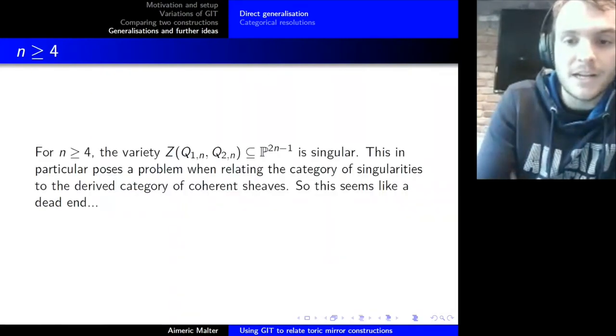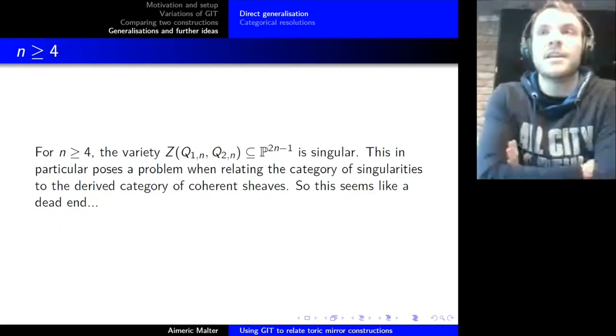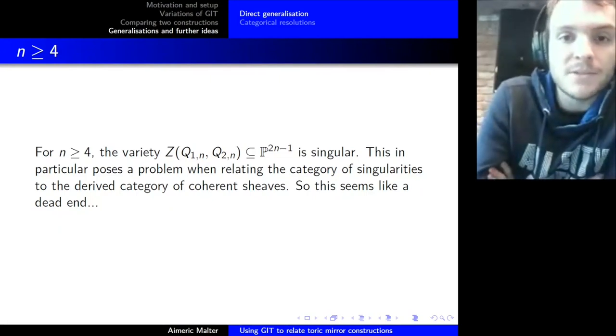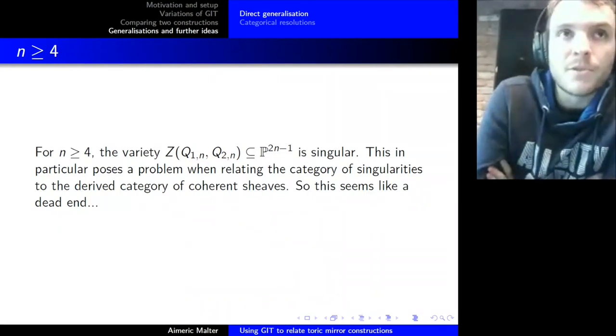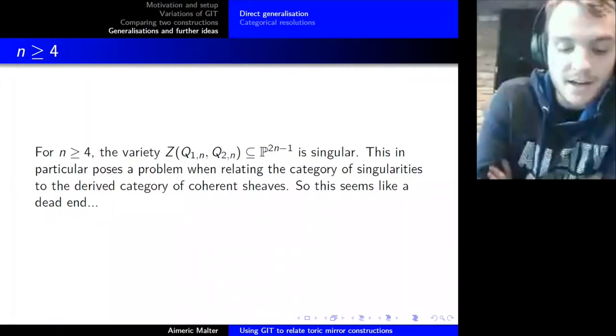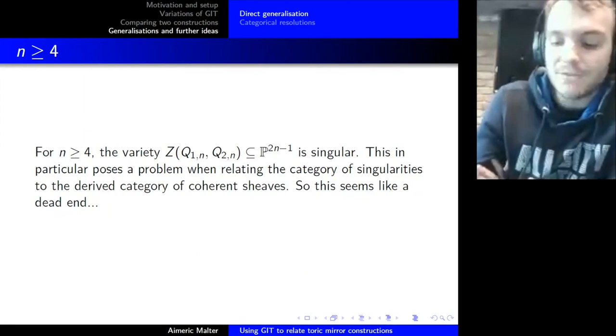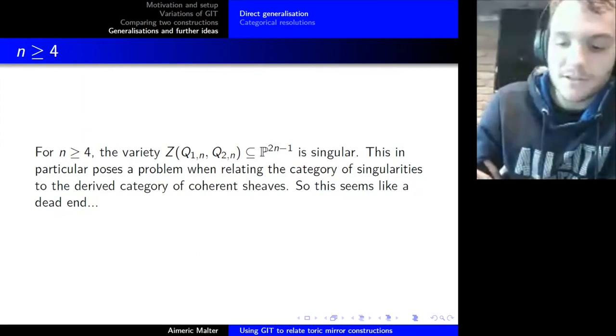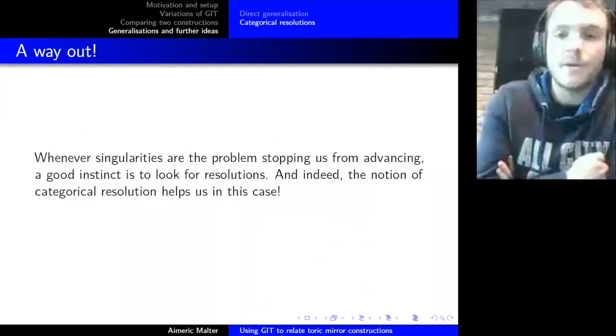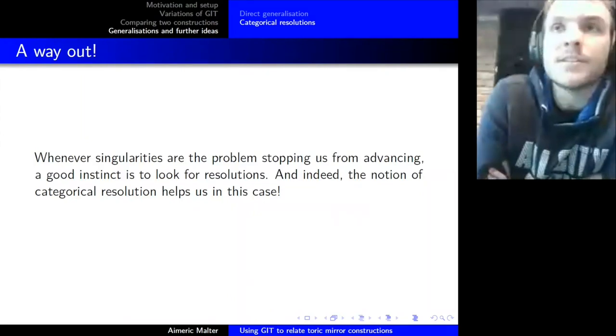The problem was trying to go to higher dimensions. Turns out the variety is singular. That is a problem because the algebra breaks down. And that also makes sense because the singular category is not that nicely well behaved. We have a lot of problems in the VGIT. Not good. This seemed like a dead end, and I tried for several months to fix it. And after consulting with my advisor, we're kind of like, wait, what do we usually do when there's